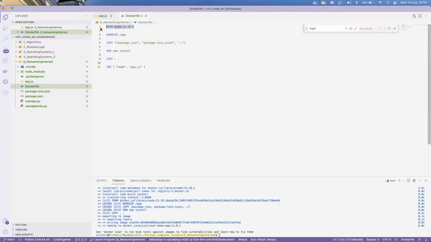So we're starting from an existing Node.js container, and what we're doing is putting in all the files from our